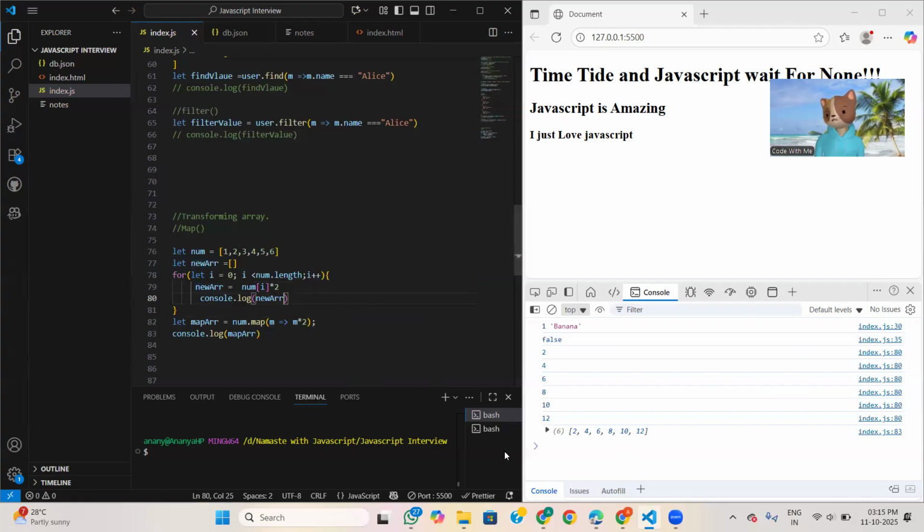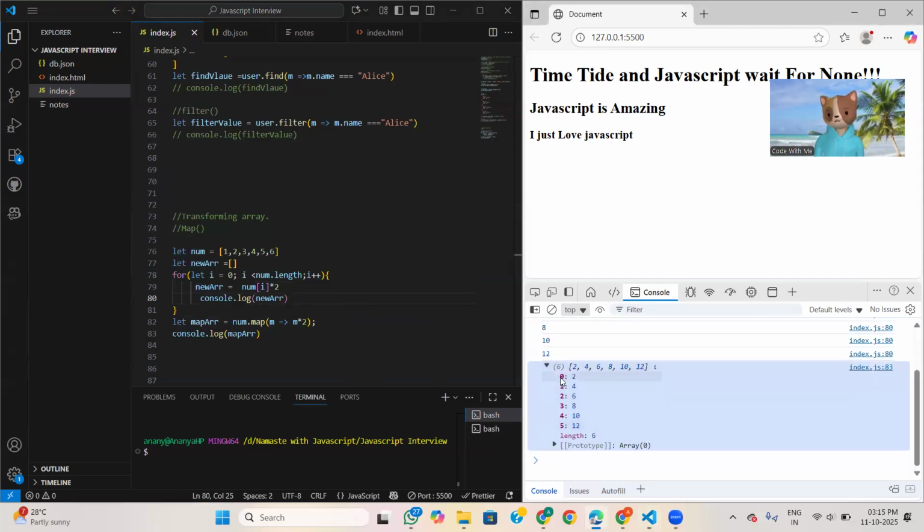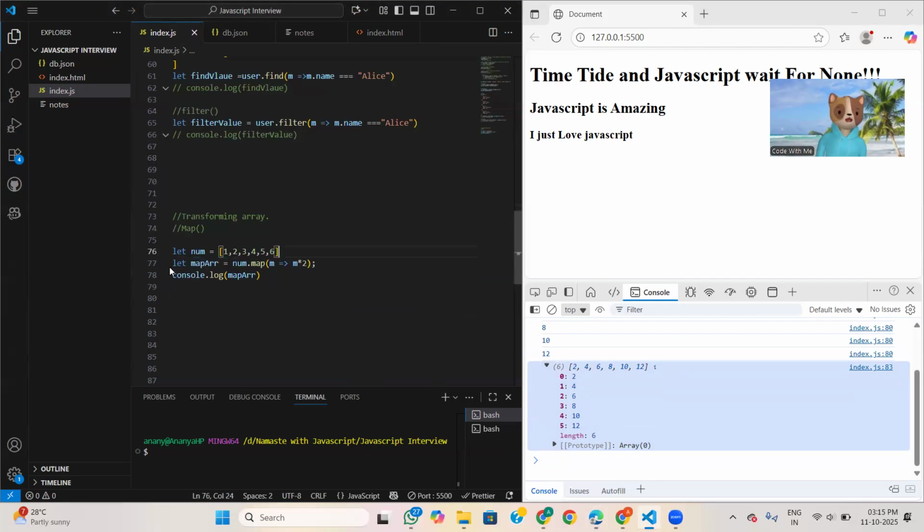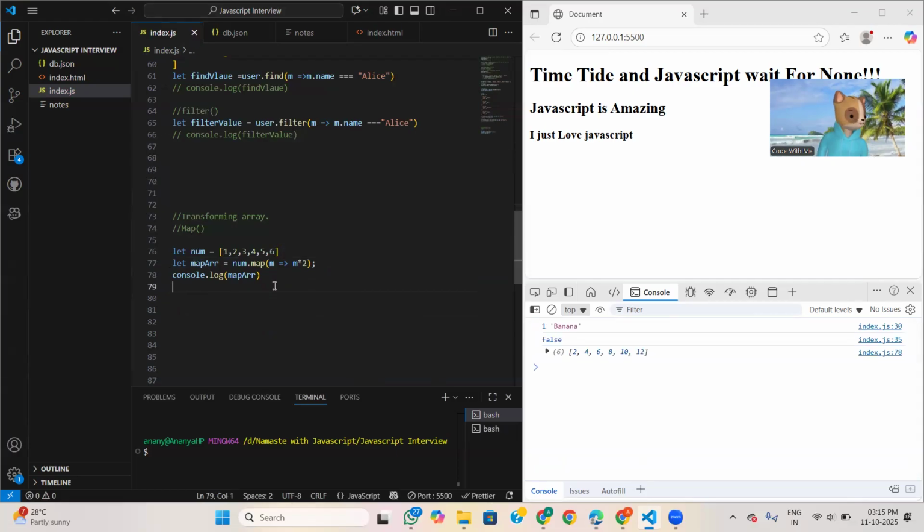I don't know. Maybe. See, let's focus on this. Yeah, it is coming in the form of object also. So here we wrote this much of code. Now here in one line of code, we will do the changes in the whole array. So whenever we do not have to apply any condition, we just want to apply something into the same array, in that scenario we will use the map method.